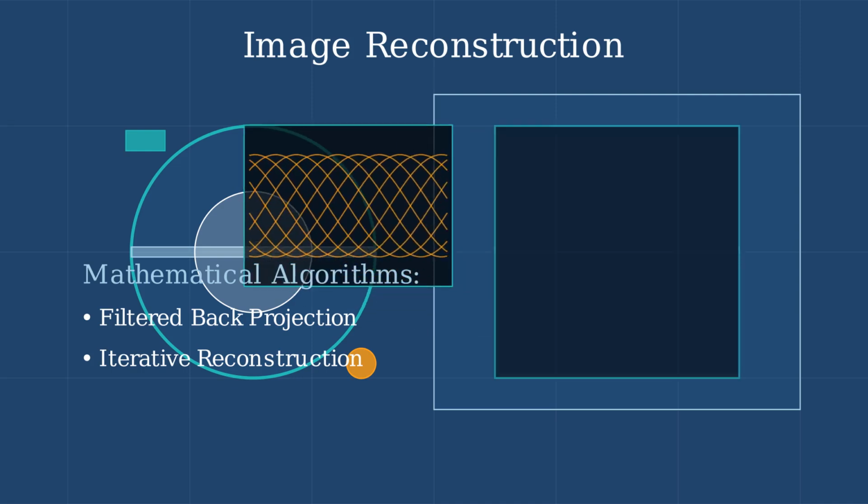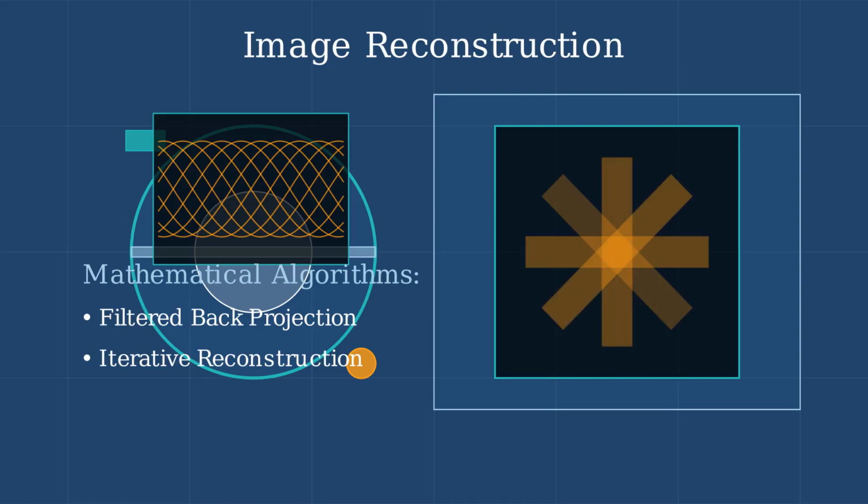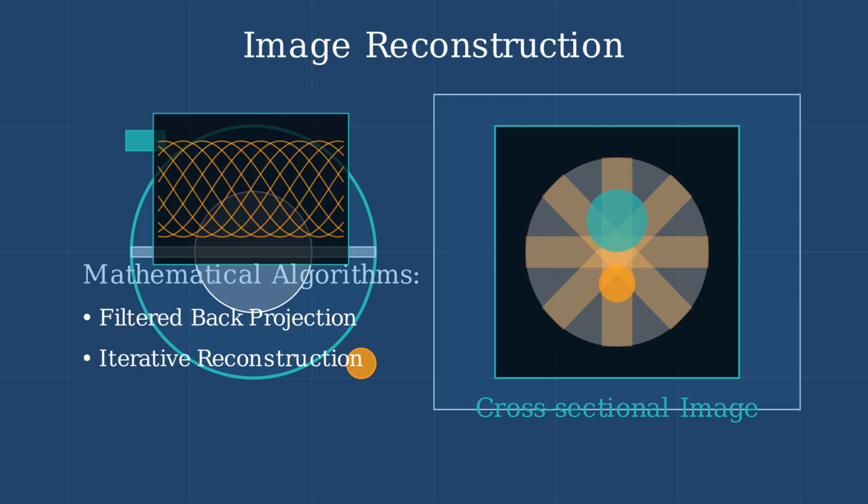Two main algorithms are used for reconstruction: filtered back projection, which is faster, and iterative reconstruction, which can produce higher quality images with less radiation. Filtered back projection works by taking the attenuation profiles from all angles and mathematically projecting them back through the image space. When data from all angles is combined, a cross-sectional image is formed, revealing internal structures with different densities. This conversion from raw data to meaningful medical images is the foundation of CT technology, enabling physicians to visualize internal